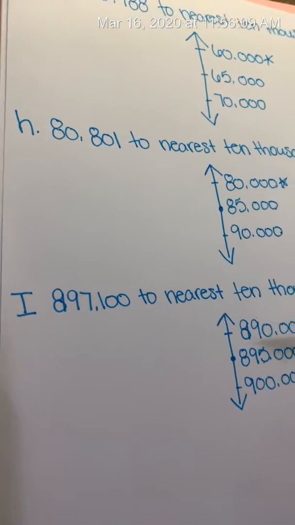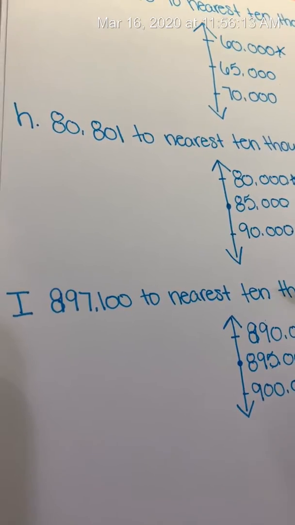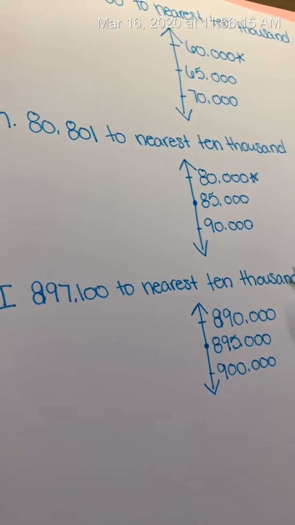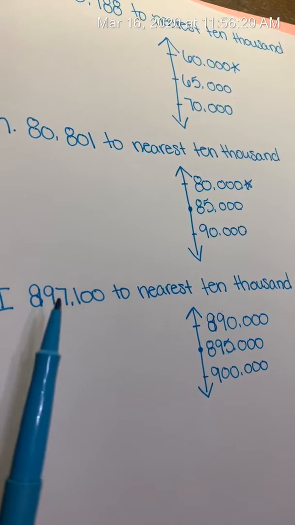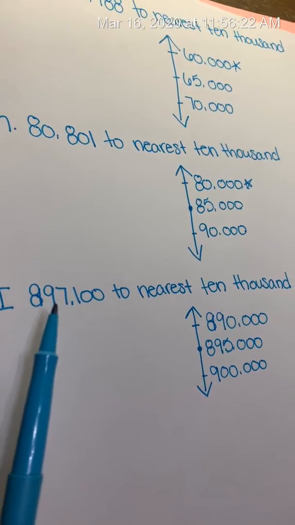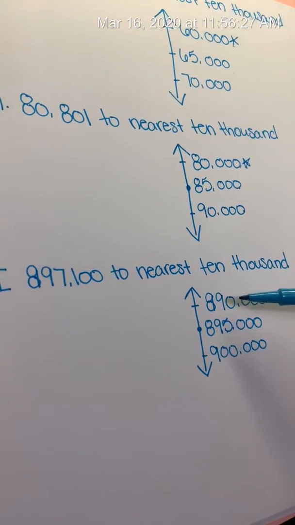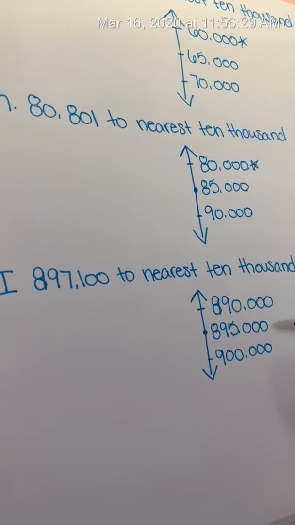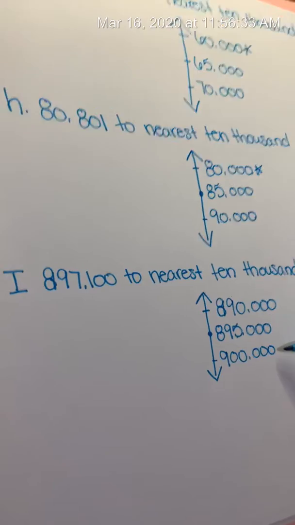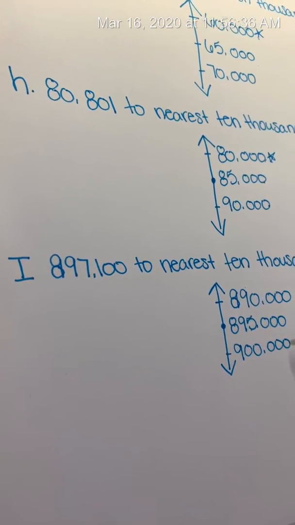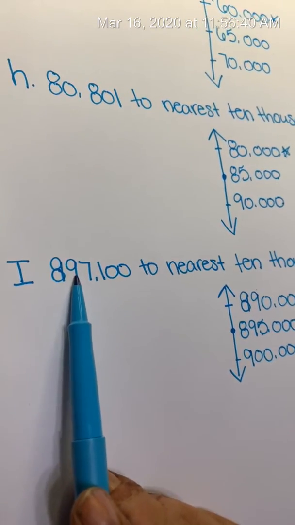On 2I, we have 897,100, and they're asking us to round that to the nearest 10,000. So if we look, we have in the 10,000s place, not the 100,000s, but the 10,000s place, we have 9. So that means that we're going to start with 890,000. Our midpoint's going to be 895,000. And our highest benchmark will be 900,000,